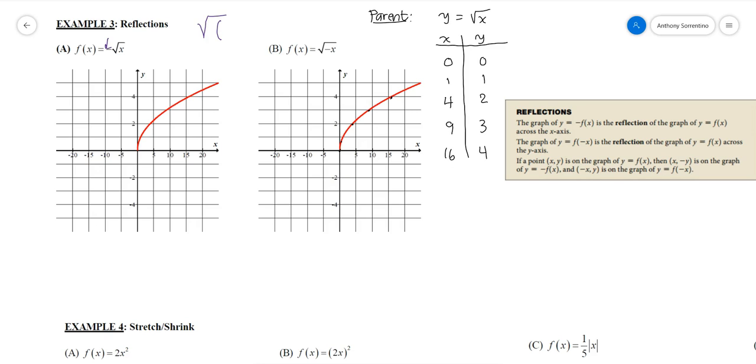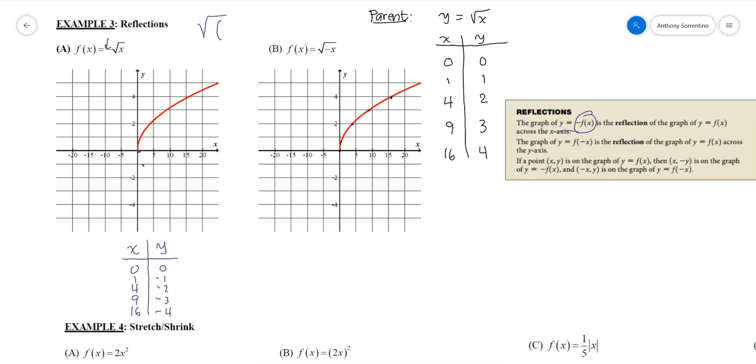And as you can see here, if I have y equals negative f of x, it reflects across the x-axis, which means it's changing the y coordinates. So that means this is a vertical transformation, which means all the x's I had before, 0, 1, 4, 9, and 16, are going to remain untouched. The y's are going to change. And this says I'm going to multiply by negative 1. Multiplying by negative 1 is just going to make these 0, negative 1, negative 2, negative 3, and negative 4. And so when I plot those,